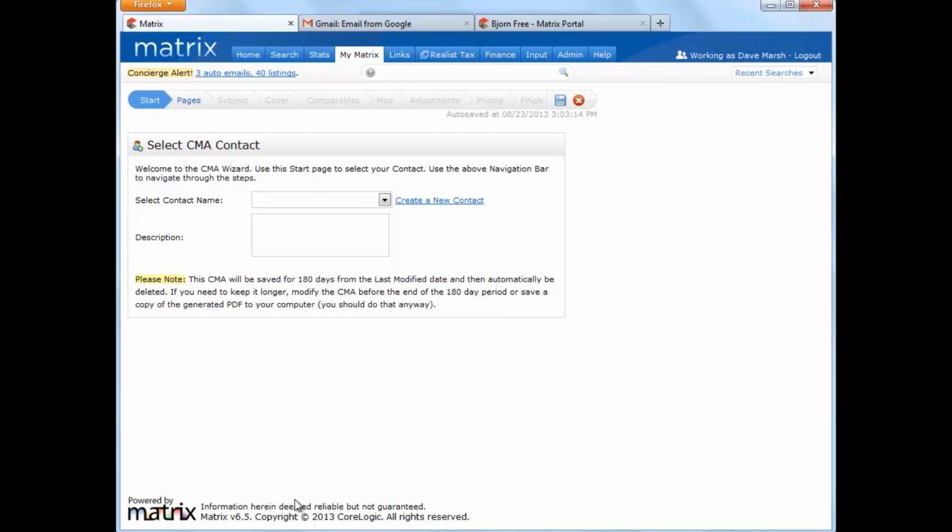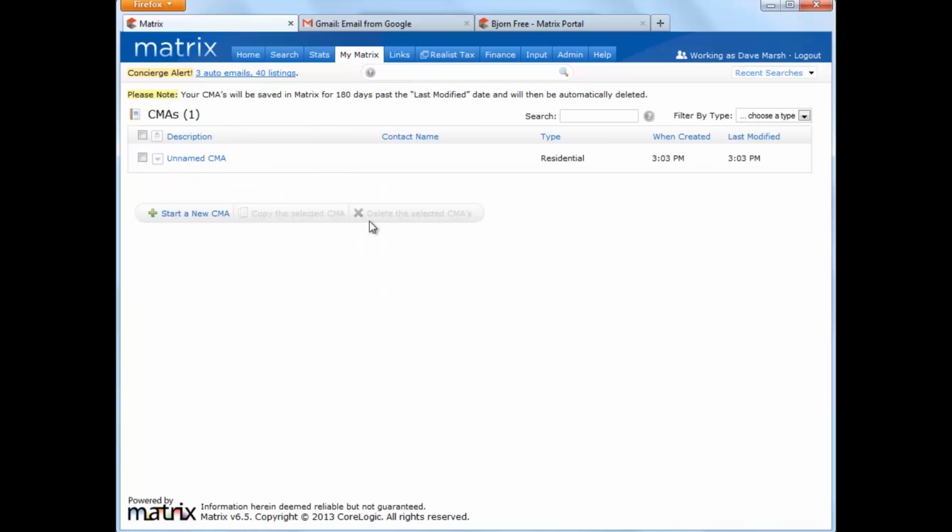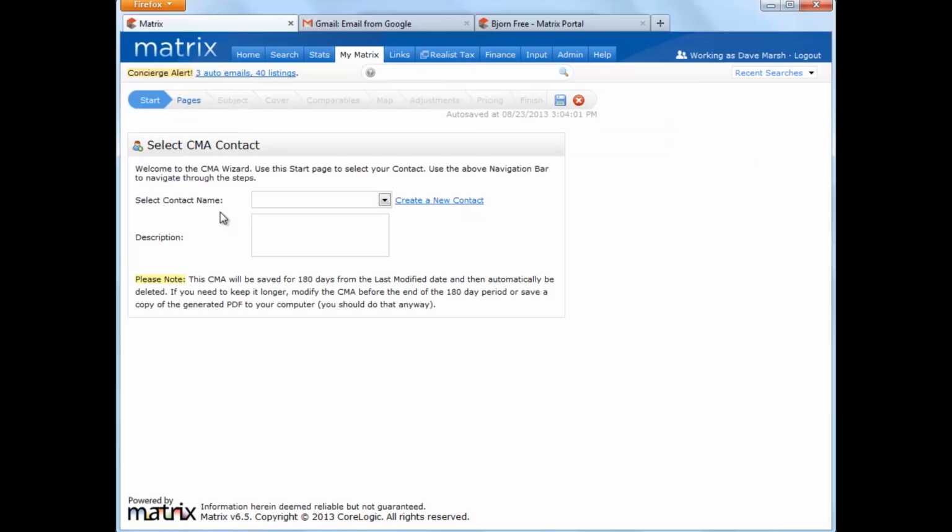All right, the second method of creating a CMA is by starting one from scratch. And to do this, I'm going to hover over the My Matrix tab and then select My CMAs from the drop-down menu. And this takes us to the same CMA wizard that we just saw, except this time, nothing has been added, so we'll need to complete each step. Let's begin by clicking on the Start a New CMA button, and from here, select who we're creating the CMA for. We can also add an optional description if we'd like, but for now, let's go to the next step of the wizard